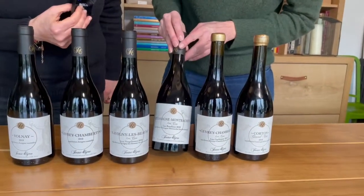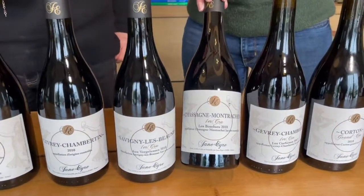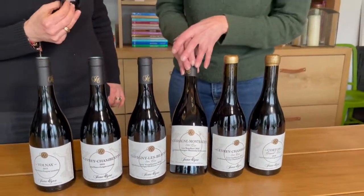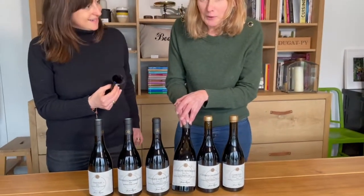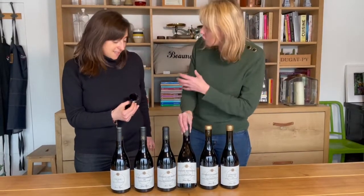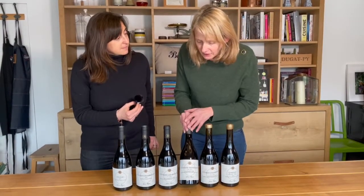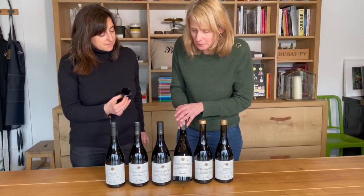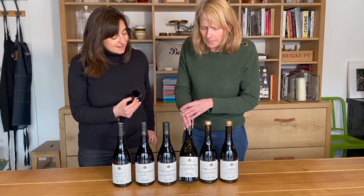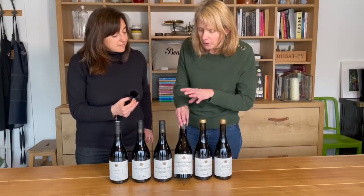Then moving on, we move to a Chassagne Montrachet Premier Cru, which is a monopole for you. So this is a monopole for me. It is basically 90-year-old vines in, as someone likes to say, an island of Pinot Noir and an ocean of Chardonnay, because now Chassagne Montrachet is more famous for white Chardonnay, but in fact, traditionally there used to be a lot more red planted. So I'm really delighted to have a Pinot Noir from Chassagne Montrachet. This is quite a serious wine, really quite rich, more almost in the blueberry type characters, but really does need some time